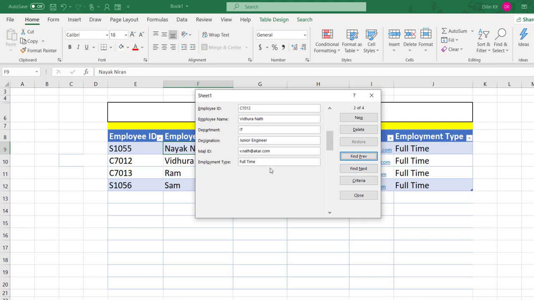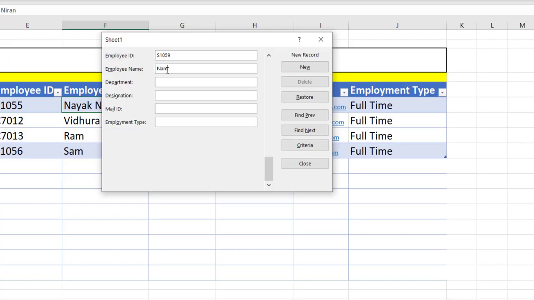If you want to add a new entry into this table, you can use New. So I will add a new entry into this table. Employee ID. Provide your details.